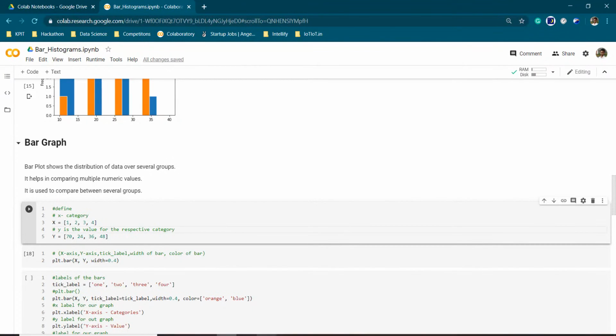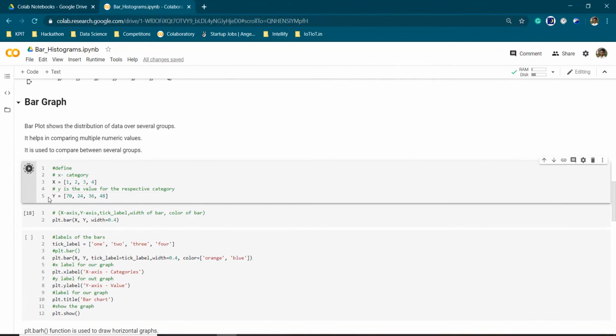So here you can see that category 1 has a value of 70, category 2 has a value of 24, and similarly for 3 and 4. Now let us load this data. Now our values for x and y are loaded.